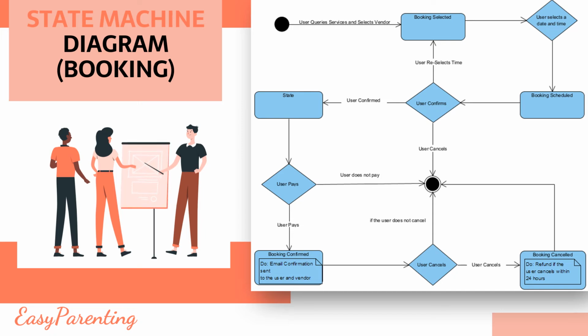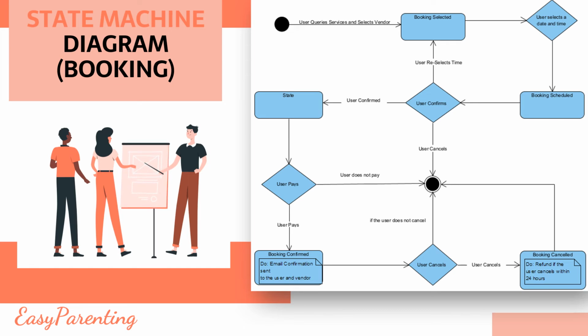Right now, as you mentioned, I'm going to be presenting the state machine diagram of the subsystem booking. So first, on the top left corner, we can see that the user starts by querying a service and selecting a vendor. If the user selects a vendor with their service, the state of the machine is selected, the booking is selected. After that, he can select a date and time for the booking, and after that, the booking changes